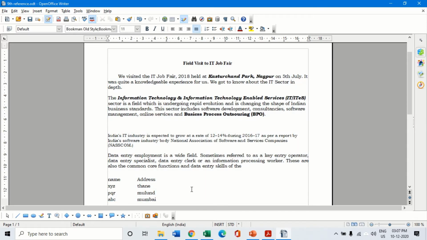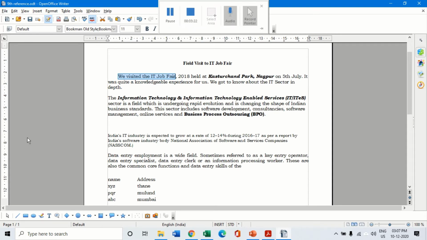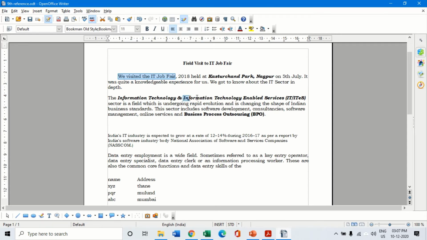Now the next is for selecting non-consecutive text. For example, if I want to select this particular text, I simply drag it and leave it wherever I want to. But if I release my mouse button and try to select this part of the text separately, then the first selection is disabled. If I want to select many different non-consecutive texts together, the method is: I select the first text, keep my Control key pressed, and select the next set of text.